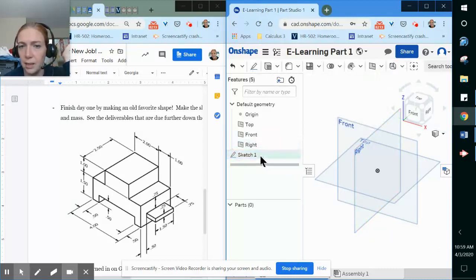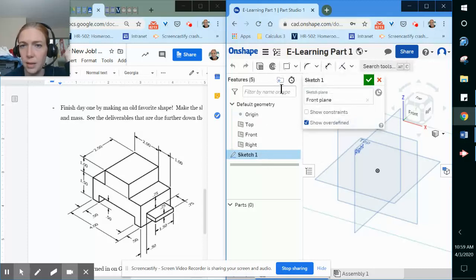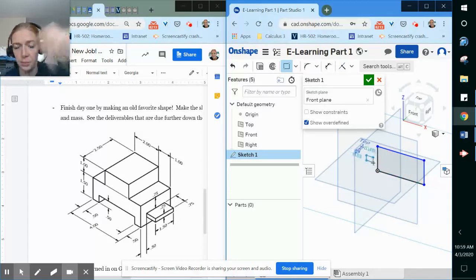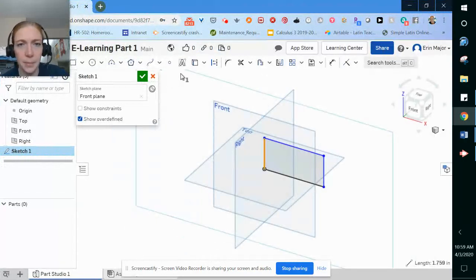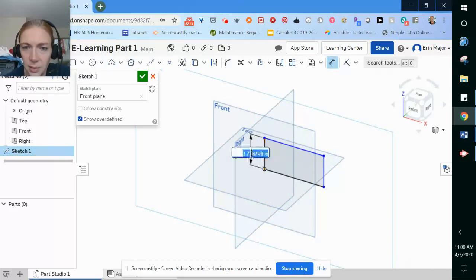So I'm going to make a rectangle because I want to make that first side. And I'm just going to make a random shape. I can click over here. Oh, escape. I can click over here and I'm going to make this a little bit bigger. There is a dimensioning tool. It's right here. So we hit dimension, and that is supposed to be